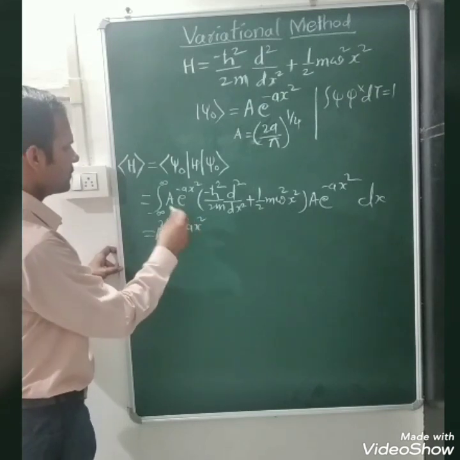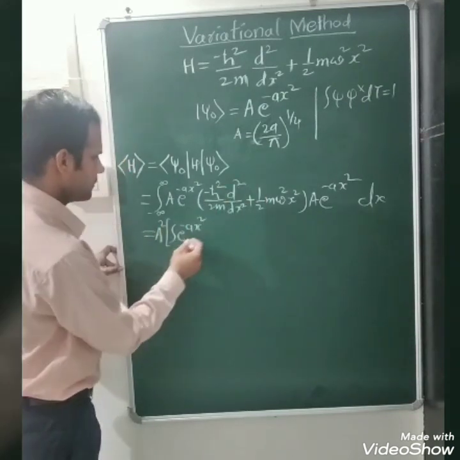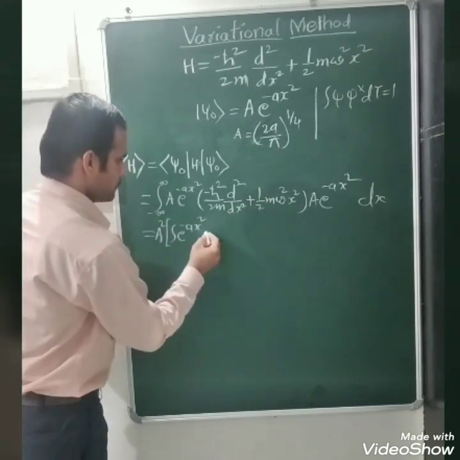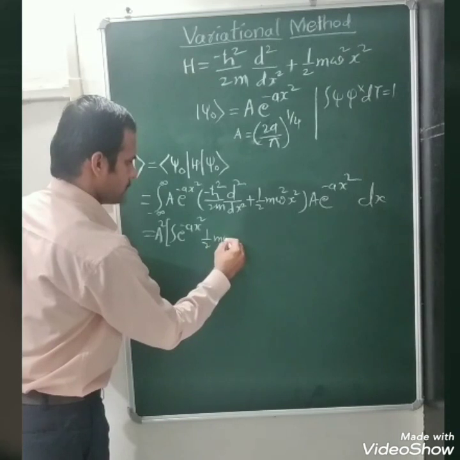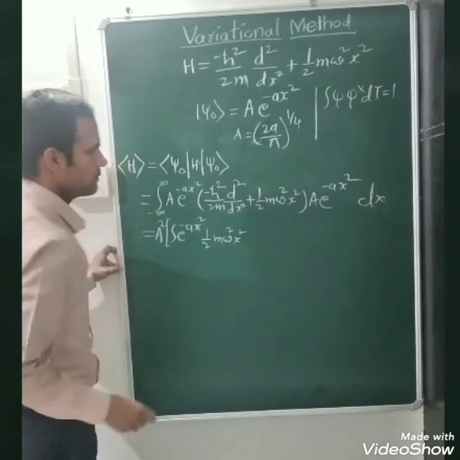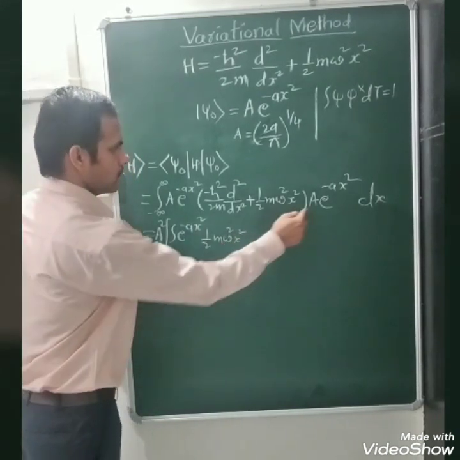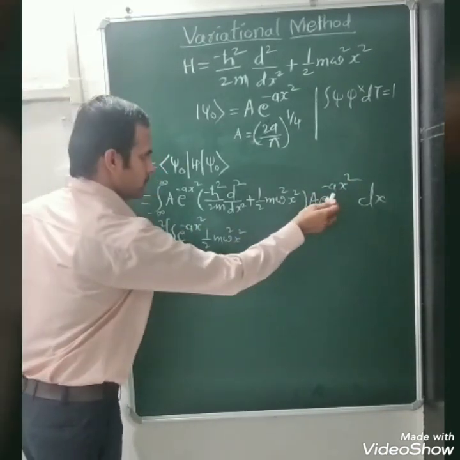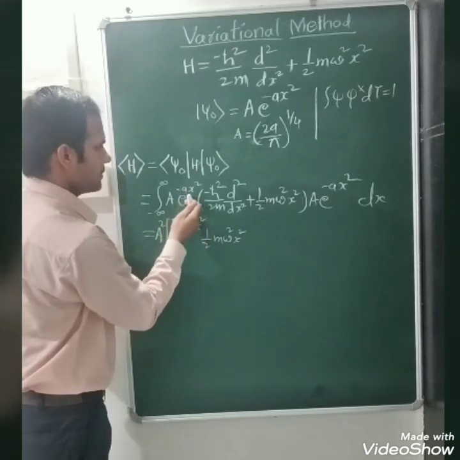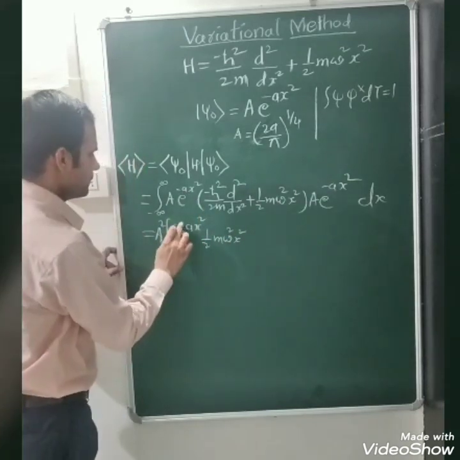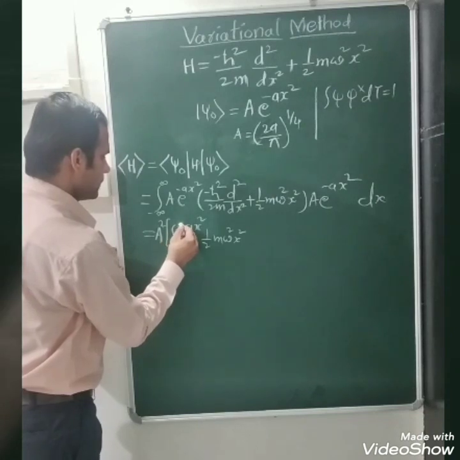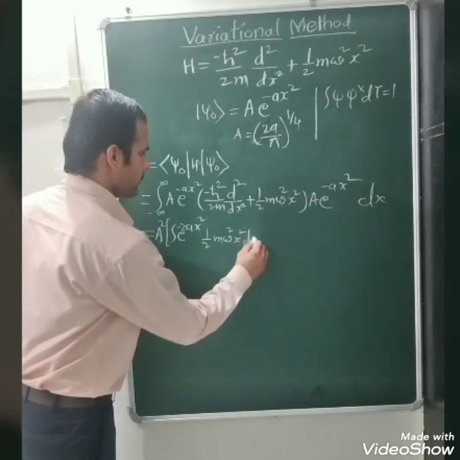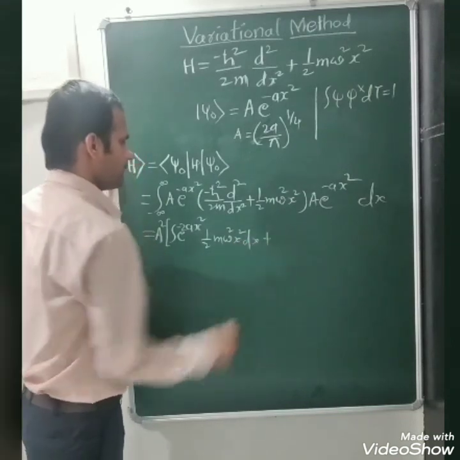So first we take the term e raised to minus a x square into half m omega square x square into e raised to minus a x square. So this becomes e raised to minus 2a x square, and here we write dx plus,